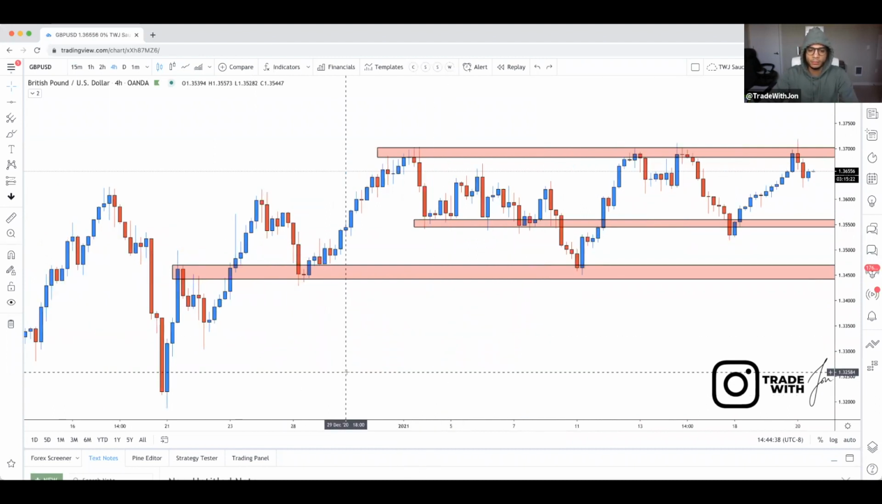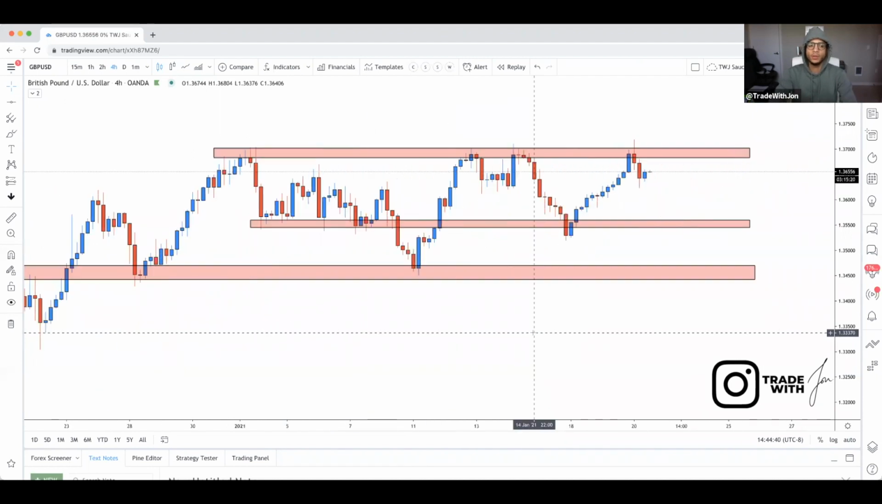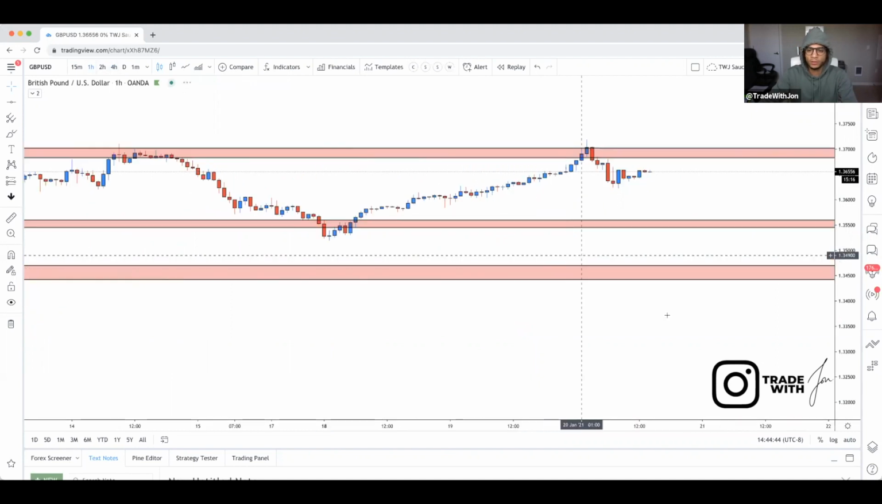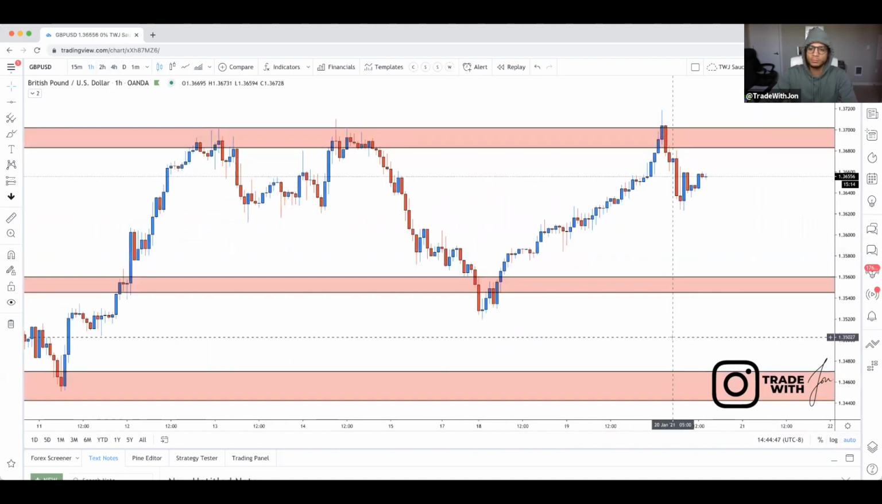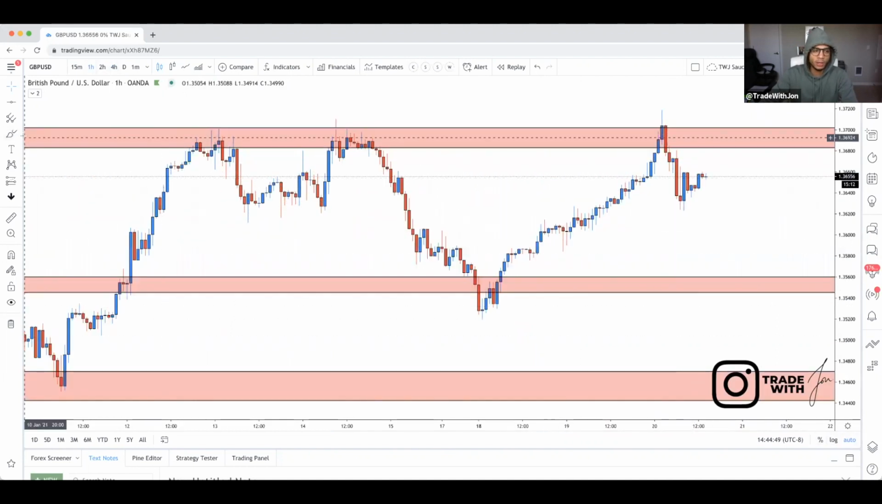So let's bring it on back, right? But now that you got that on the 4 hour, guys, you guys can go in smaller time frames now. Let's jump on like the 1 hour, for example, right? Now you can look for some more zones, right? Now check this out, guys. Let's go ahead and grab our